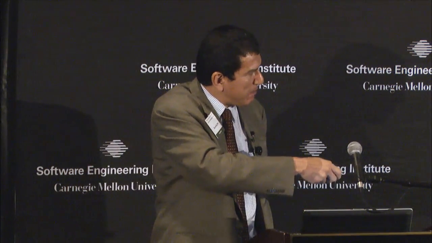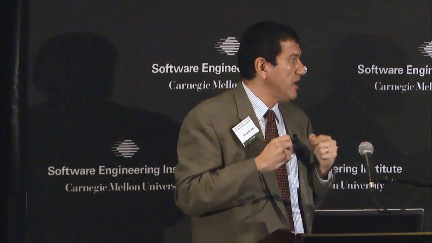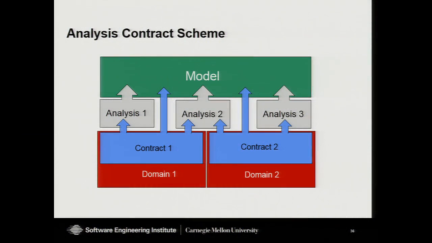Basically, as I'm putting here in the slide, we capture assumptions and guarantees. What are the assumptions that analysis make about the system? And what are the guarantees that I provide after I run my analysis successfully, right? I put them together and find out what are the interactions that I have between them. To be able to do that, first of all, we need to define a language. We call it a domain, where I can express that interaction between contracts, right? And once I have that domain, then I will put the contract that talks about multiple analyses together, the multiple analyses that will interact.